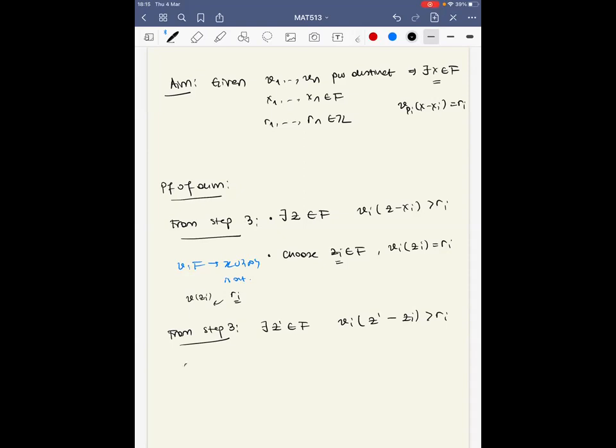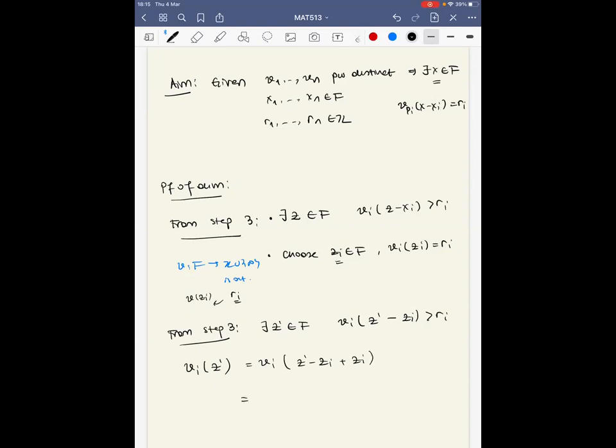Now here let me observe that valuation of z prime at pi can be computed by adding the term zi's,